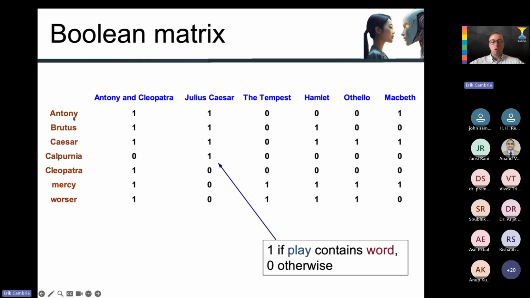Of course, I don't have all the words here. For simplicity, I stop at 7. So this, you could say, is a Boolean 7-dimensional vector space. Why? Because then, as we'll see later, I can actually visualize and plot these documents into this 7-dimensional vector space